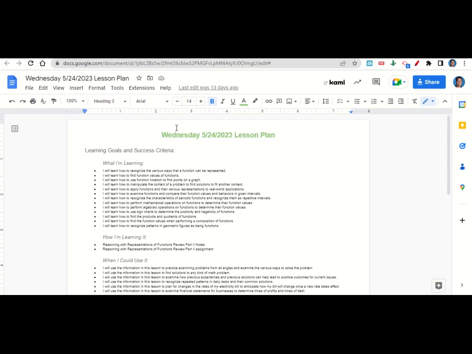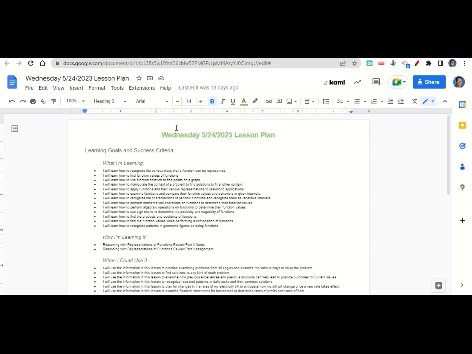We're learning how to recognize the various ways that a function can be represented, how to find function values of functions, how to use function notation to find points on a graph, how to manipulate the context of a problem to find solutions to fit another context, how to apply functions and their various representations to real-world applications, how to examine functions and compare their function values and behaviors in given intervals, how to recognize the characteristics of periodic functions